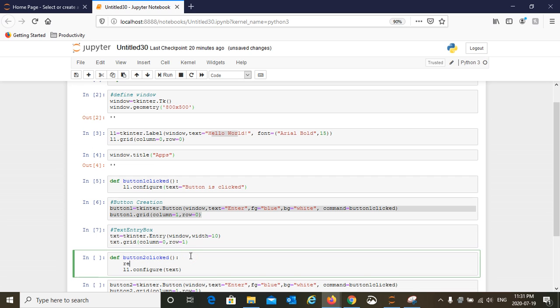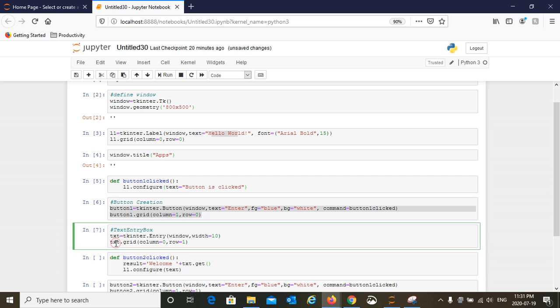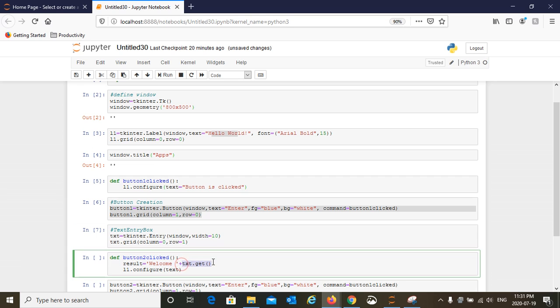let's assign a variable first. We're going to say result equal to welcome, and then plus txt dot get. What is txt? This guy. So whatever you enter in that text entry box, that will come here through txt dot get.